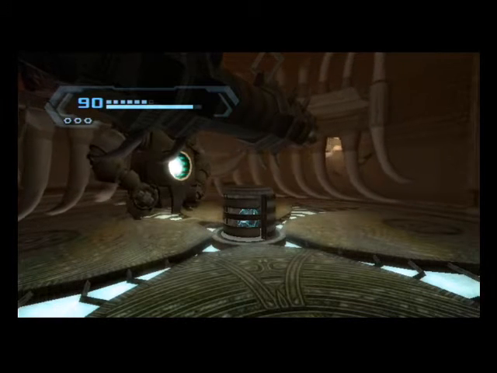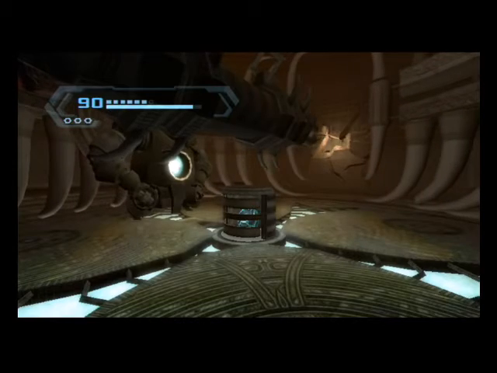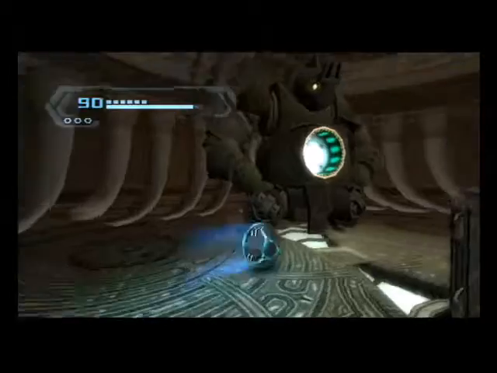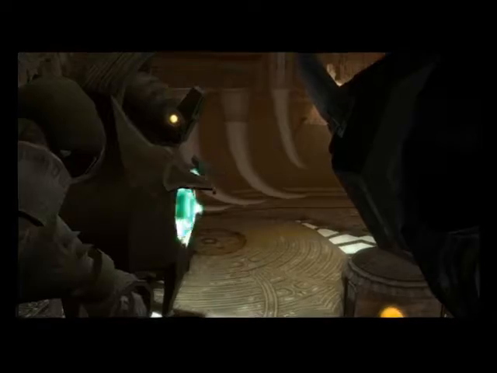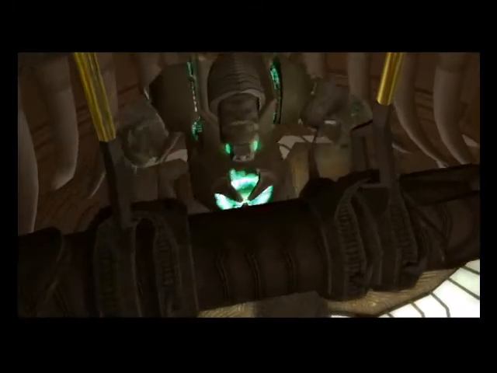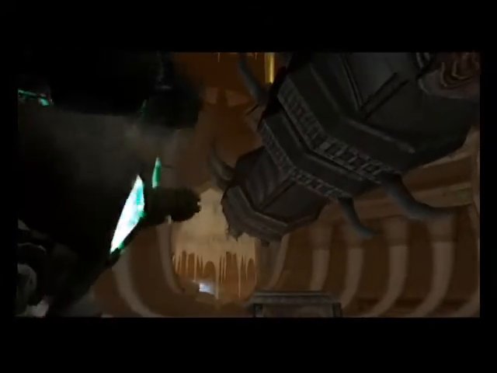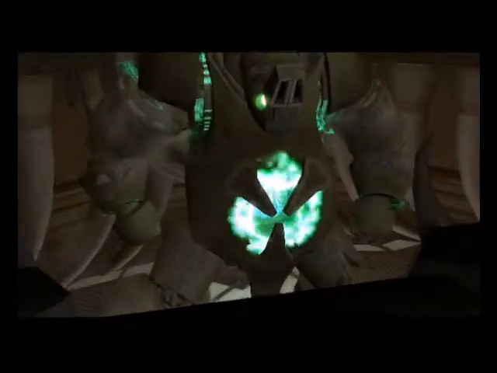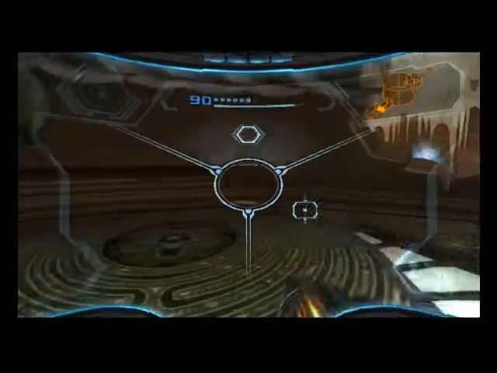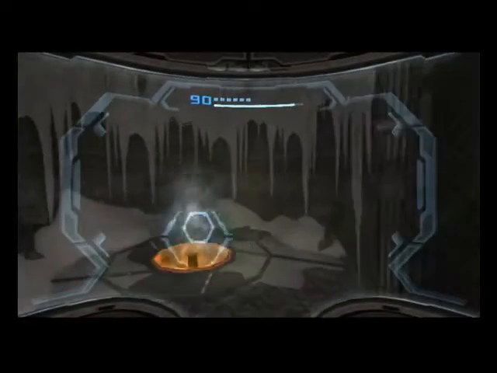Okay, so what you need to do now is wait for this gap. You want to line it up with this wall here. Bomb to open this. Now go back into the Morgana. That creates something. That will also lift up the structure now. If we scan this right here,